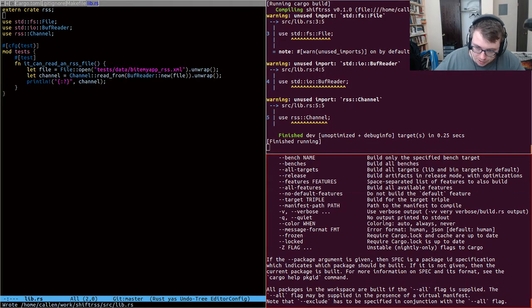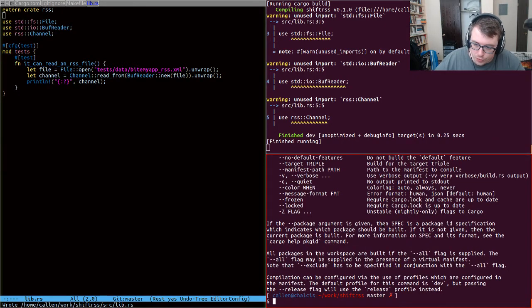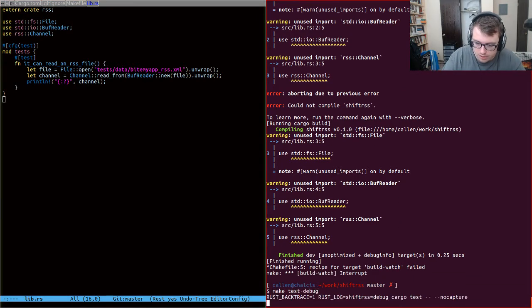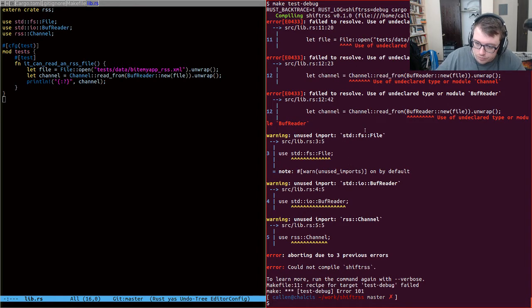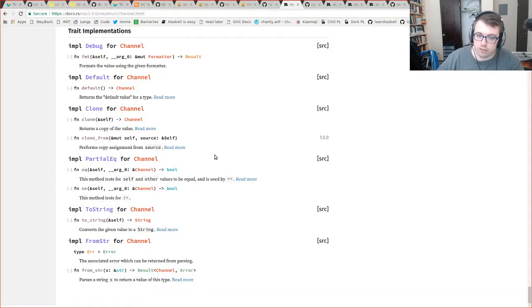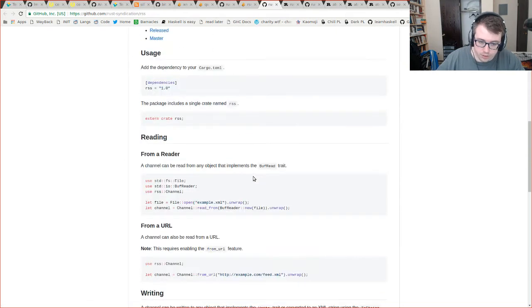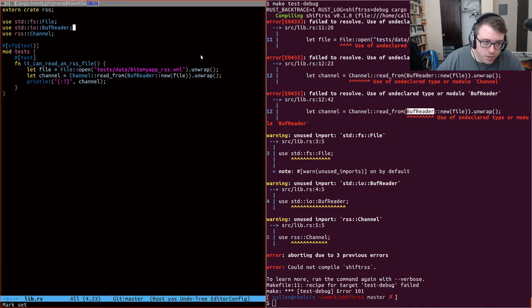Okay, I don't see a way to do what I want to do here, so I'm just going to use a longer REPL or terminal window. Alright, make test debug. Use of undeclared type or module. Alright. Well, you didn't. Wait, what? It says use standard IO